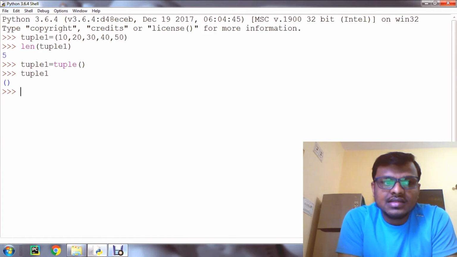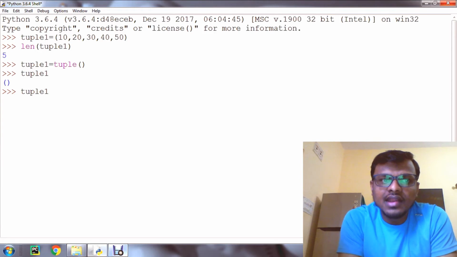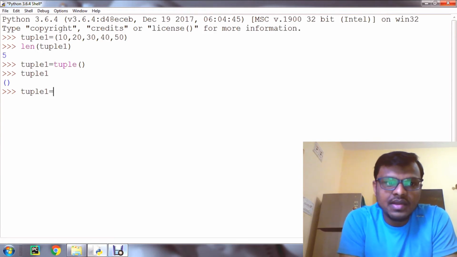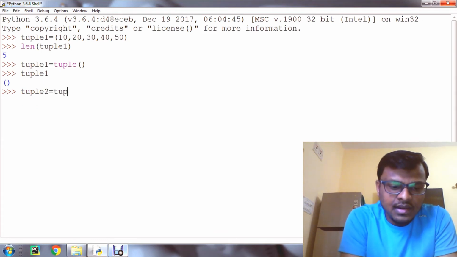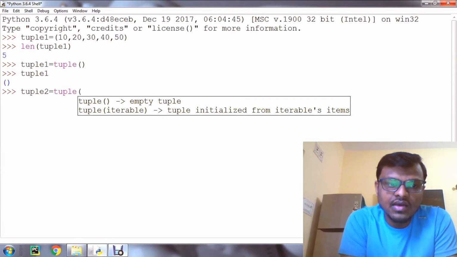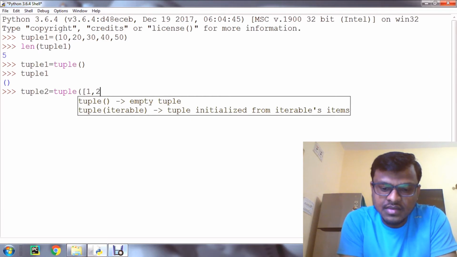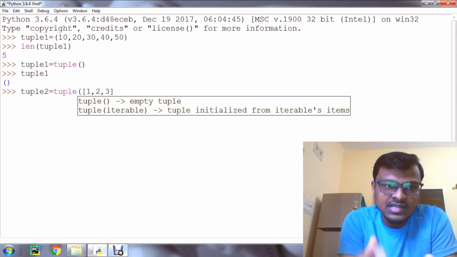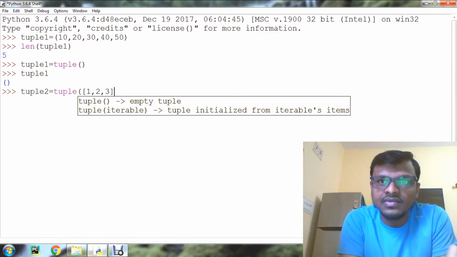In the same way, we can create a tuple by giving arguments. For example, let's take tuple2. Tuple2 is equal to tuple, then I'm going to pass the argument as a sequence: 1, 2, 3, enclosed with square brackets, that we know, right?